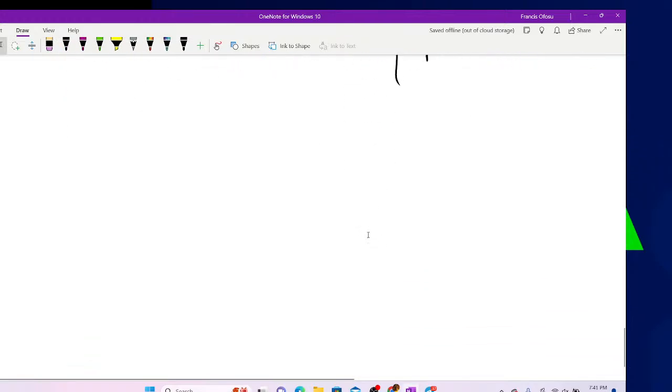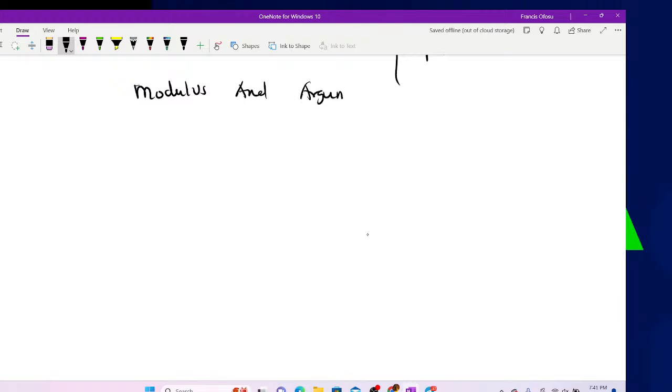Moving from this part, we simply go to modulus and argument of complex numbers. This is an important part of complex numbers, and it usually appears in most exams, that is algebra exams. So please pay the maximum attention at this part. Starting with the modulus,